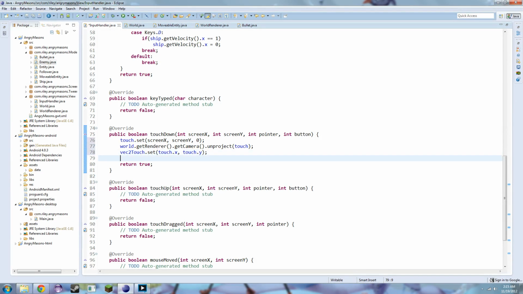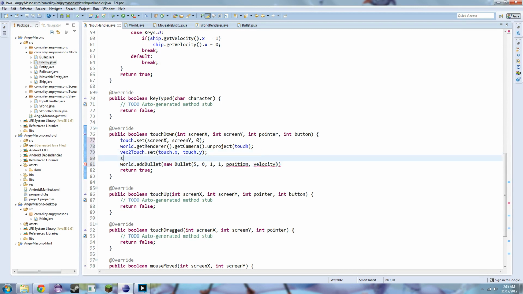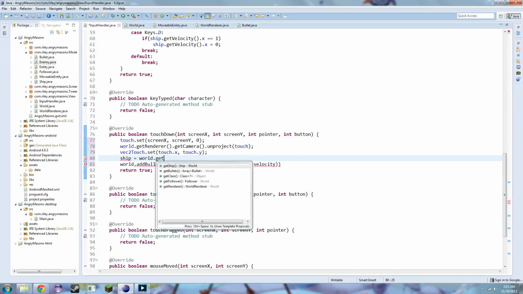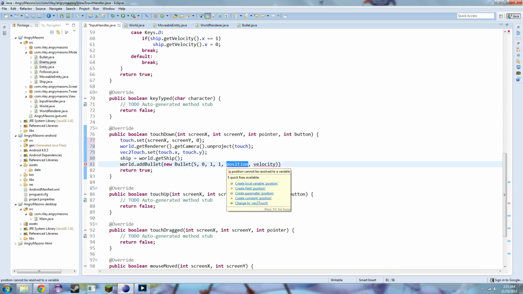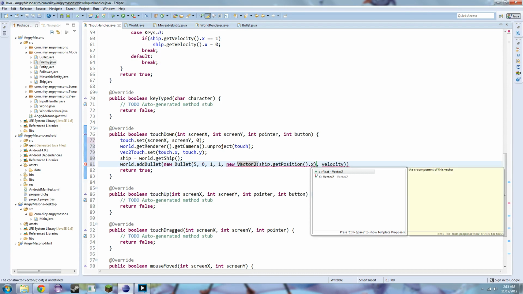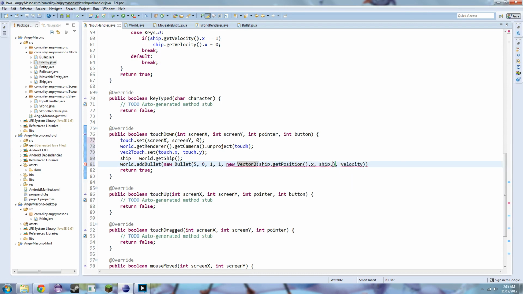Now we've got that. Now we can say world.addBullet, new Bullet. The speed will just go with 5, rotation 0, width 1, 1. The position is going to be, that's what we need. Ship equals world.getShip. The position is a new Vector2, ship.getPosition().x and ship.getPosition().y. And the velocity, this is what tripped me up the first time, is a new Vector2,